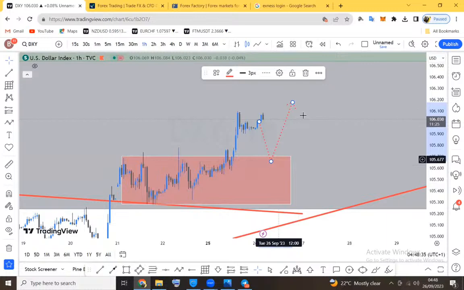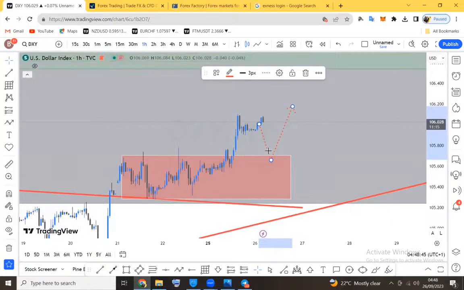So definitely, this is exactly what I'm looking at: a pullback and retest into the structure, and a rally from there will make some sense for the dollar index. So till now, until further notice, until we have a pure trend change, the dollar index remains bullish. And I've shown you the possible structure already. I believe this will go a long way to help you to ease the way you're going to think about the dollar index today and how you can go about trading it.